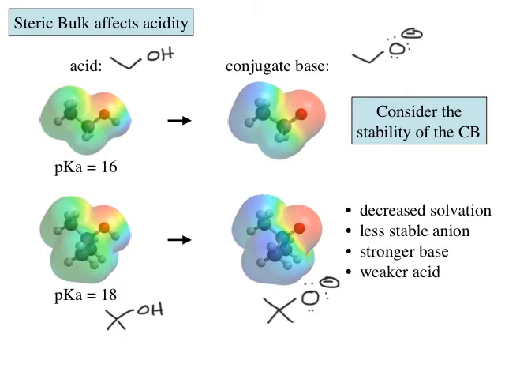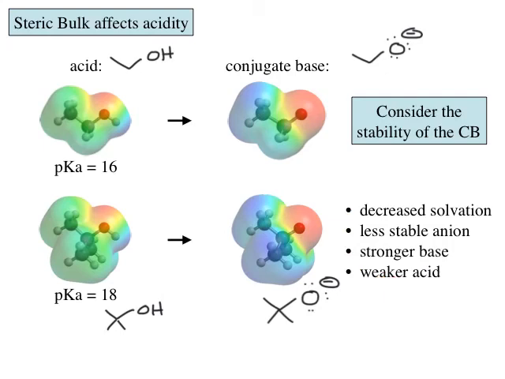Now remember that all these reactions are in equilibrium. So if we create a molecule on the right side of the equation that's very stable, then the forward reaction is going to be relatively likely. If we form a product on the right side of the equation that's not very stable, then the forward reaction is not very likely. The information that I've got on this slide here tells us that a bigger molecule is